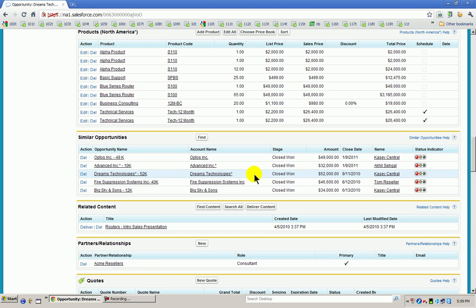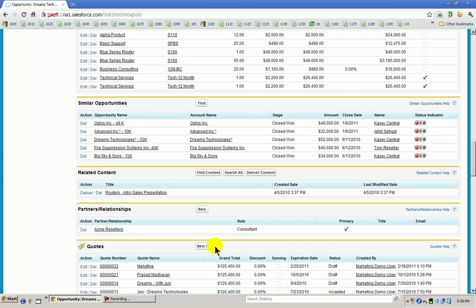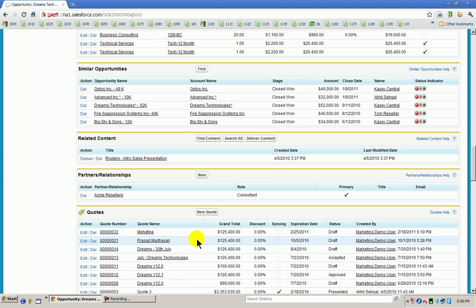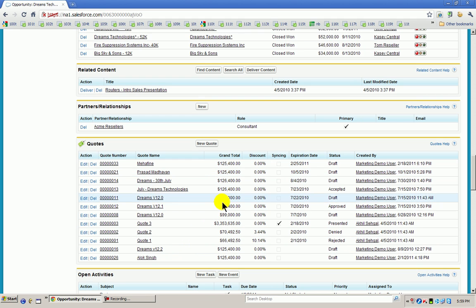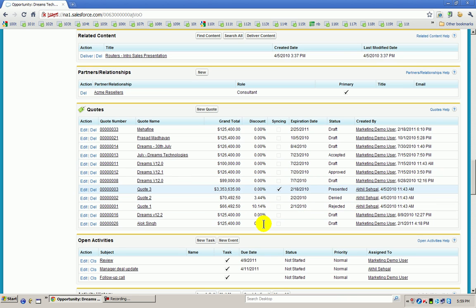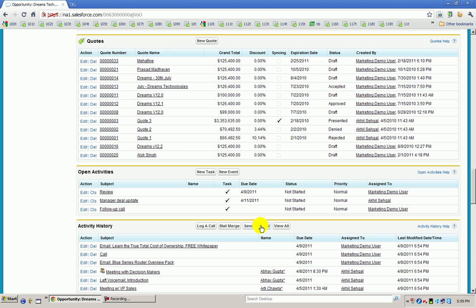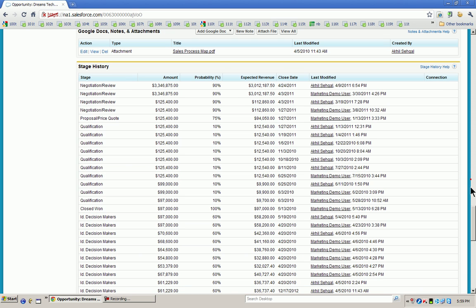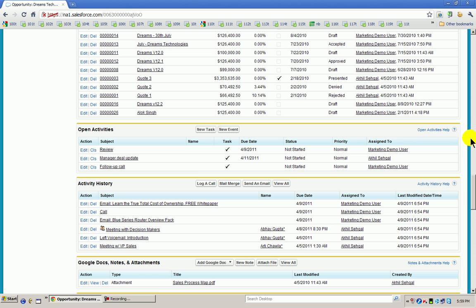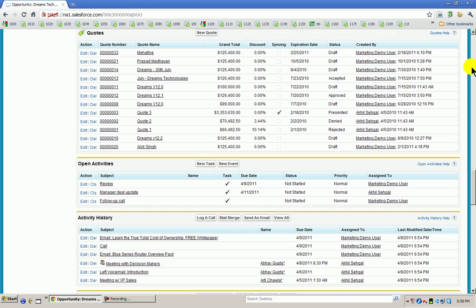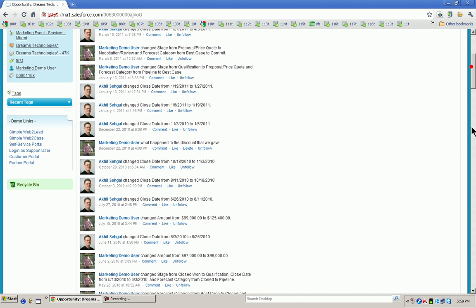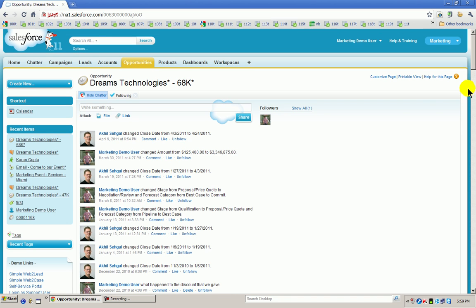What are the quotes you have sent, different versions of quotation, what discount you have given, all will come here. What all open activities, the same thing will come here. So this is actually opportunity management.